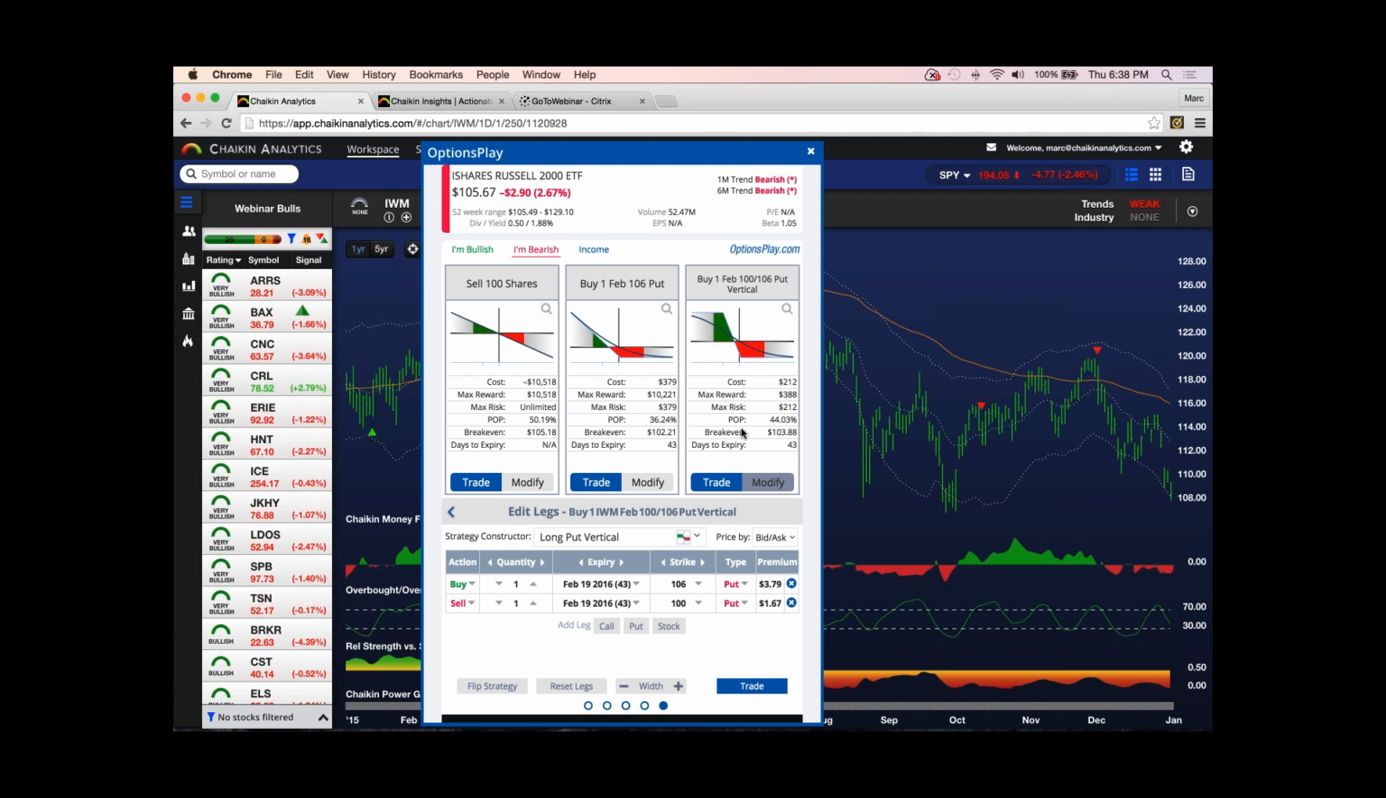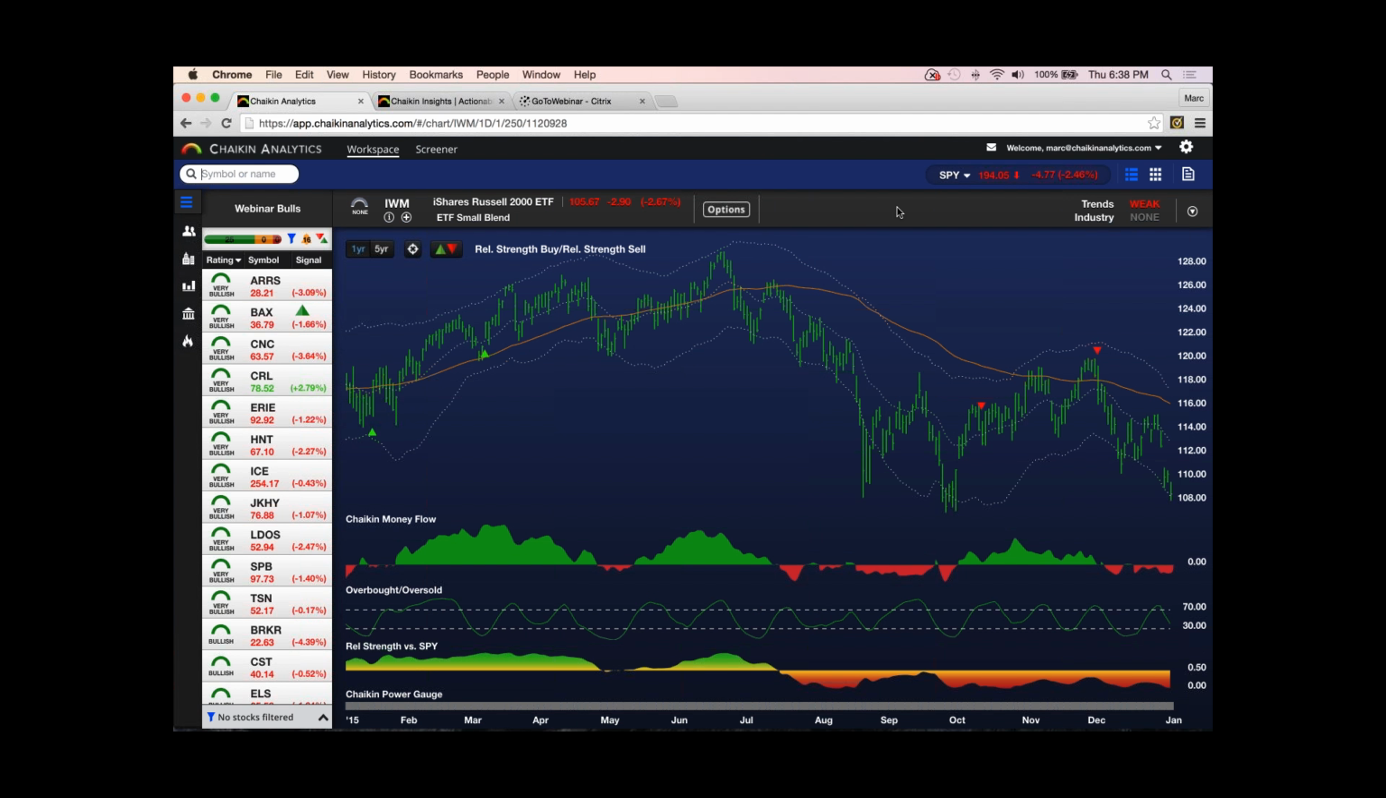There's a lot in here. It's powerful stuff. And if you're into trading options, this is a tool that is as good as any I've ever seen for both novice